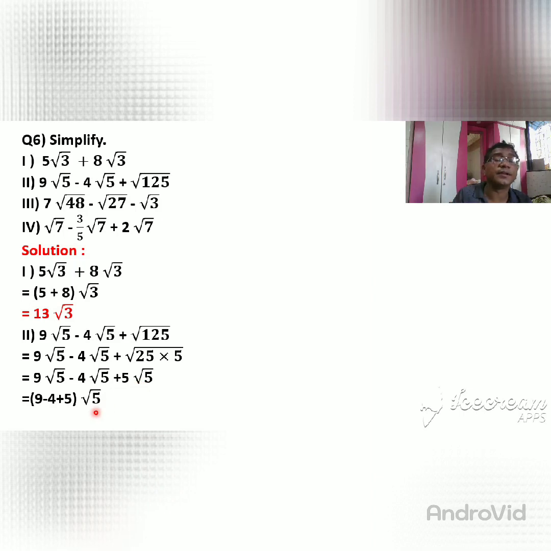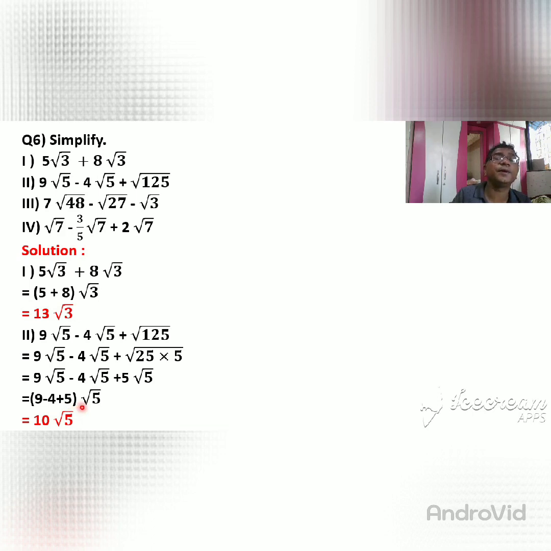Any doubts? Then this coefficient is 9, so I carry 9 as it is. This minus sign I carry as it is. This 4 carries as it is. This plus 5 carries as it is. 9 minus 4, what remains? 5. Okay, 9 minus 4. What remains? 5. 5 plus 5, what do you get? 10. Okay, 5 plus 5, 10 root 5.